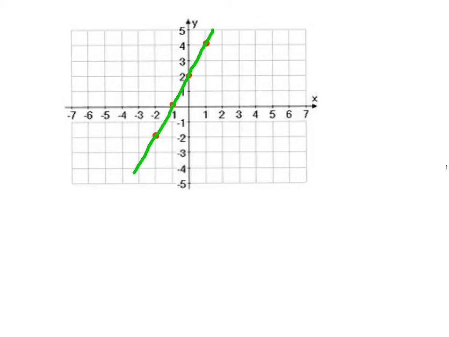So we're going to find the rule of this linear graph. Now we know it's a linear graph because it's a straight line that joins all the ordered pairs together. First thing I'm going to do is write down my 4 ordered pairs that I've got, all